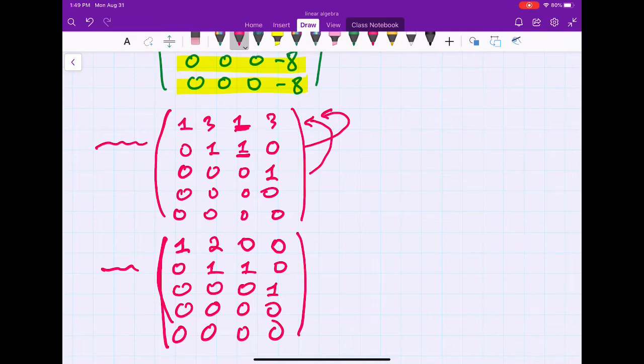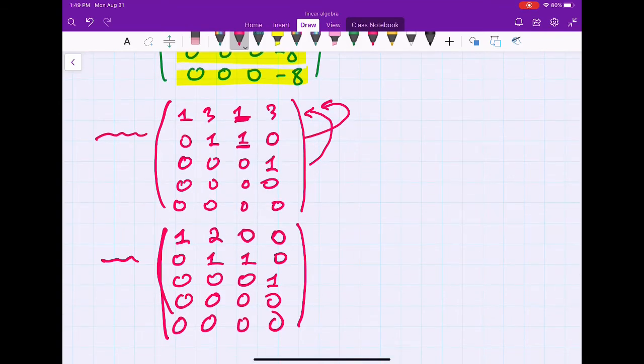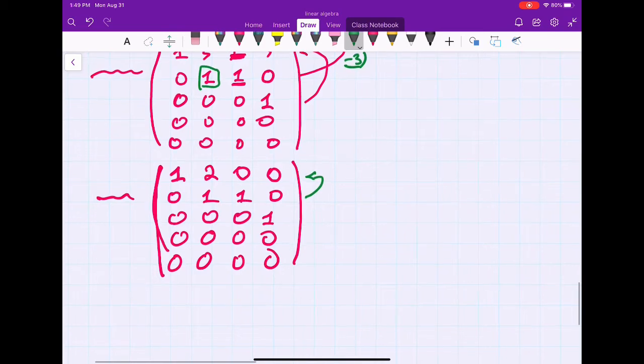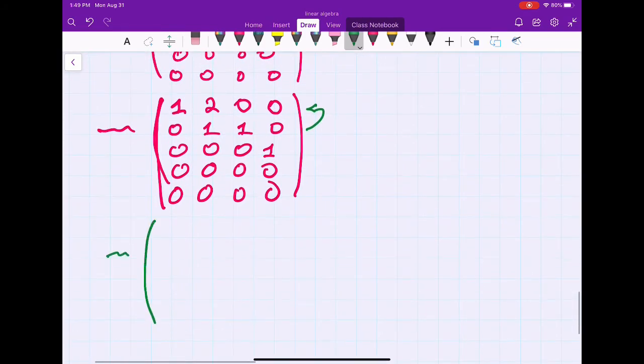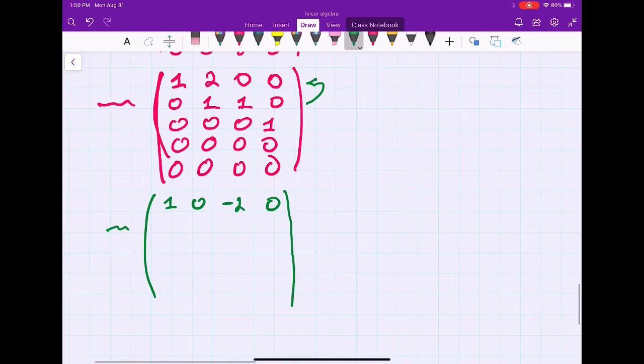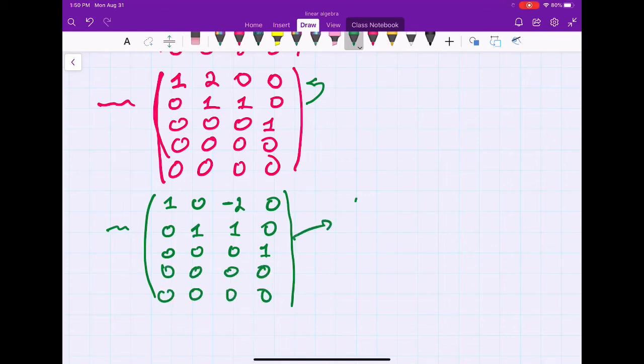So I think that is not reduced. I think I do something not interesting here. So I think we need to multiply by negative 3, right? Because that is the leading element. I'm sorry for that. But now, okay, let's multiply by negative 2, add to that. Okay, so we do that twice. Oh my goodness. So I get 1, 0, negative 2, so I have negative 2 in here, 0. I think it's correct. Yes. In here I get 0, 1, 1, 0, 0, 0, 0, 1, 0, 0, 0, 0, 0, 0, 0, 0. Okay, we have reduced